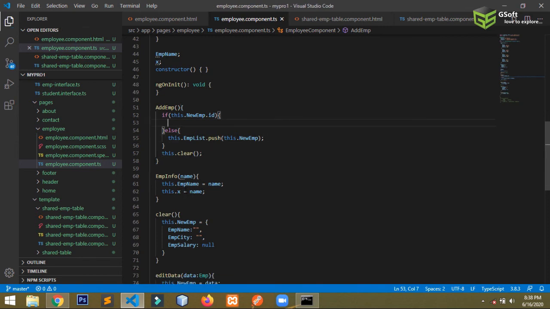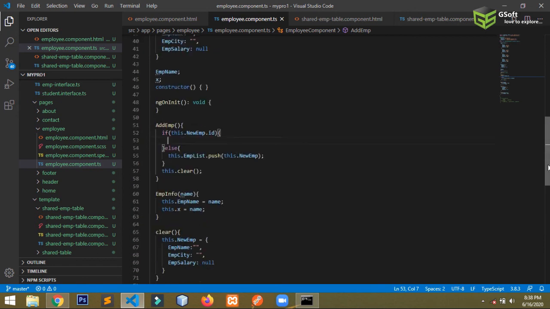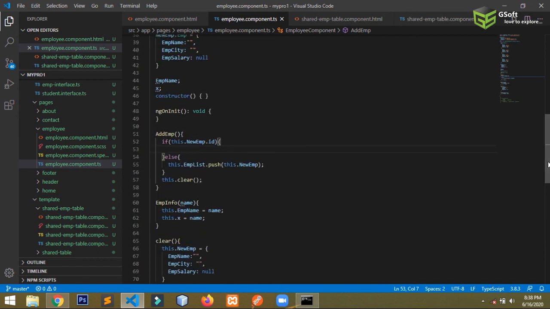So if the data has ID, then it should be updated. So for updation, what I will have to do, I will have to find the ID from this table, and then I have to update that particular data.